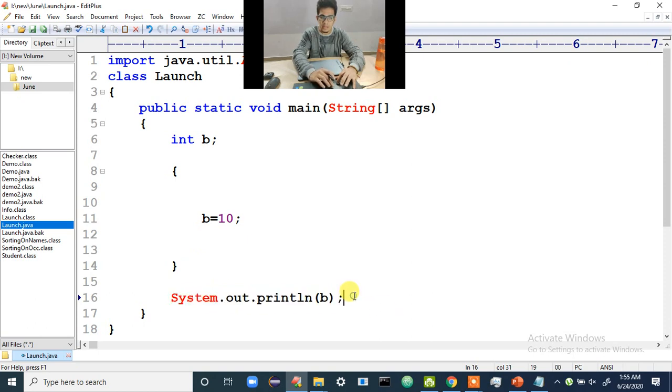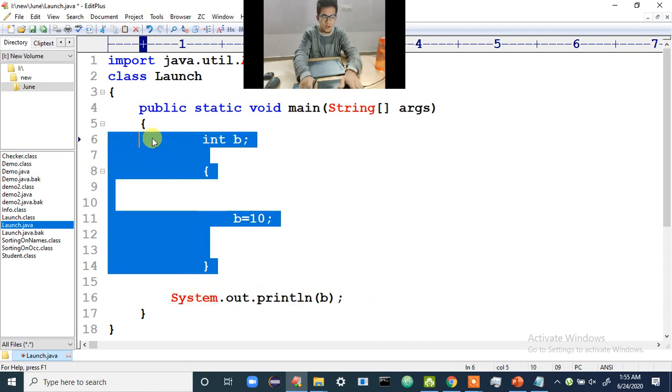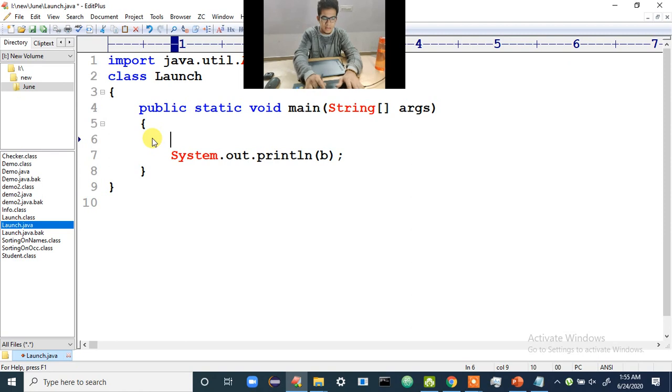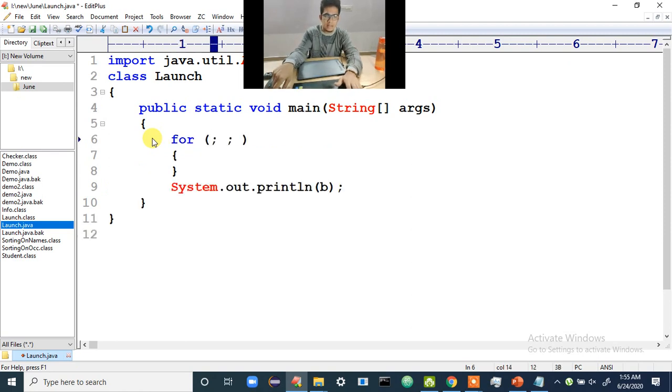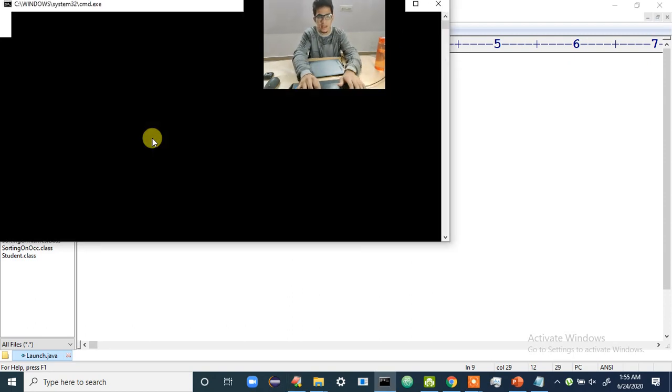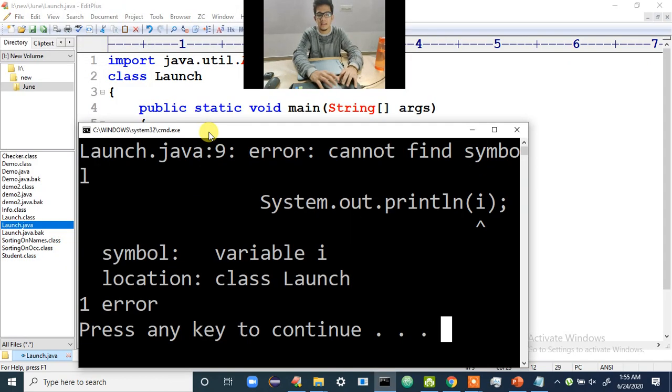Now I would like to tell something like this. If I write a for loop, and if I write int i starting from 0, i is less than 3, i plus plus, and I try to print the value of i, now what is the output, right? Now you might be thinking, because yesterday I have done this, right? Answer is 3. It's very simple, you are thinking. But watch here, if I compile, it will tell error, cannot find symbol. Why will it tell error?